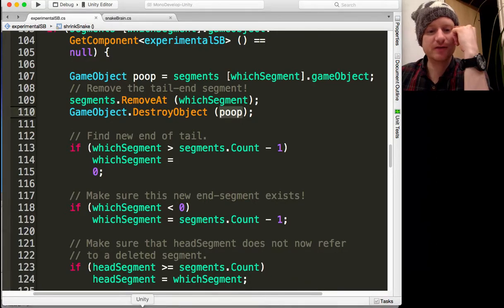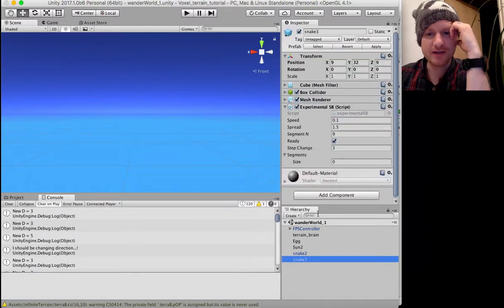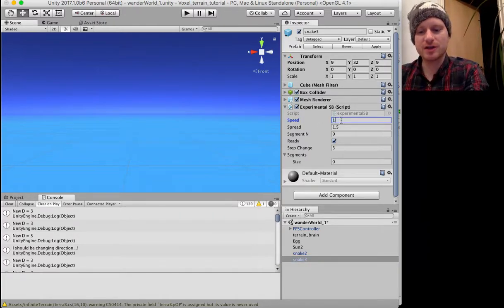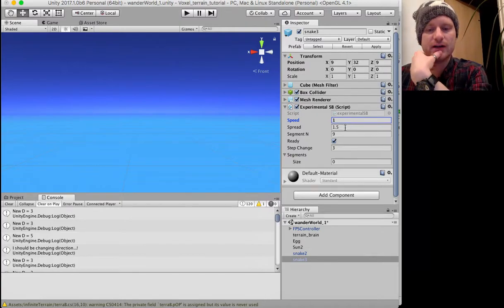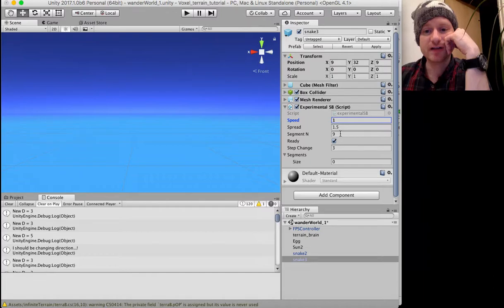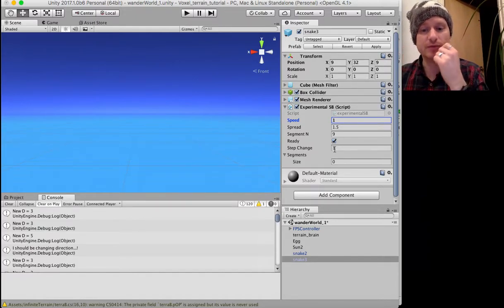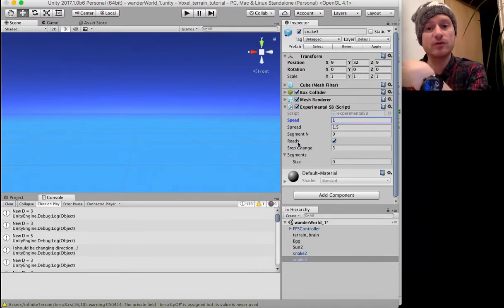So let's go back to the scene. Snake 3. I also made all of its variables public, so we can play around with it. We can make it go a lot slower again, so we can look at its behavior. Spread we can change here, so that's how far apart each segment was. Segment number to begin with, we can make it really long straight away. Whether it's ready or not, so that's whether it generates its tail from startup or not. And we made sure that was false if we generate a new snake from itself,